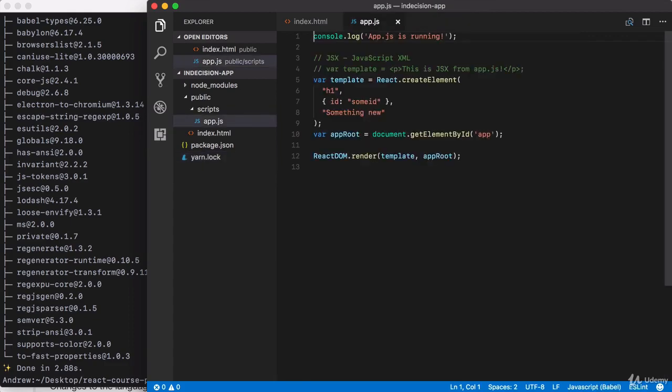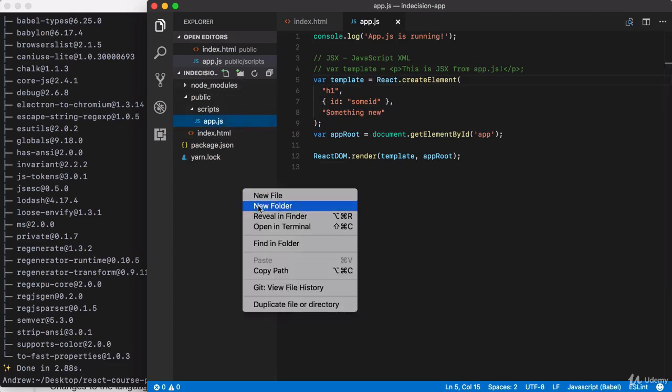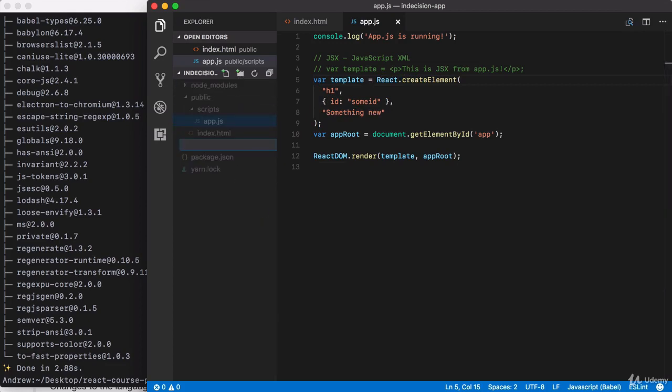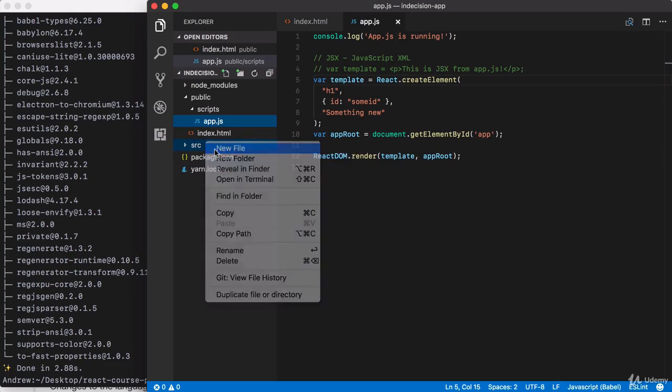Now we can go ahead and shut that down, and we can actually use Babel. So the whole goal is to create a file that we change, and then we're going to have another file get generated with the compiled code. So we're going to do this by creating a new folder in the root of the project. This folder is going to be called source, and this is where we're going to type out all of the React that's going to make up the Indecision application. Right here, we're going to add a single file for the moment,